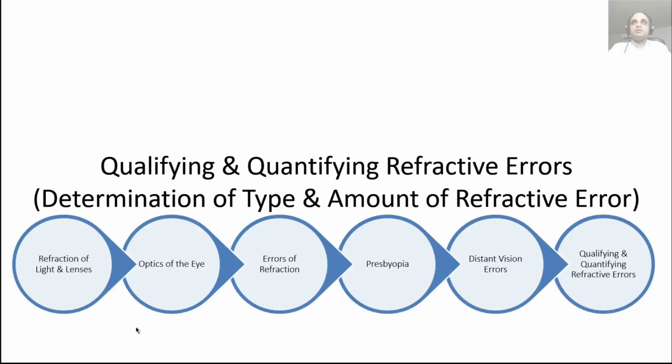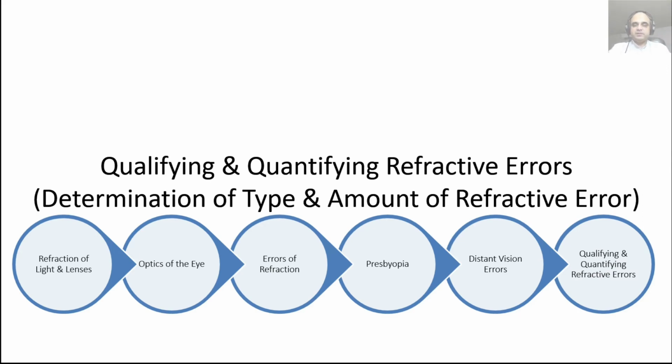Now we are going to be talking about qualifying and quantifying refractive errors. We have talked about all the refractive errors, the distance error and the near error. Now we are going to talk about how do we determine how much and what type of error is present. Remember, visual acuity gives you no clue. A history gives you a little bit of clue, but as we have talked about before, to determine magnitude and type of refractive error, we need to use a retinoscope or an autorefractor for ametropia, distant refractive errors. For near refractive error, things are much simpler because all you need is a reading chart, and you can do an age-based correction or just fill up the